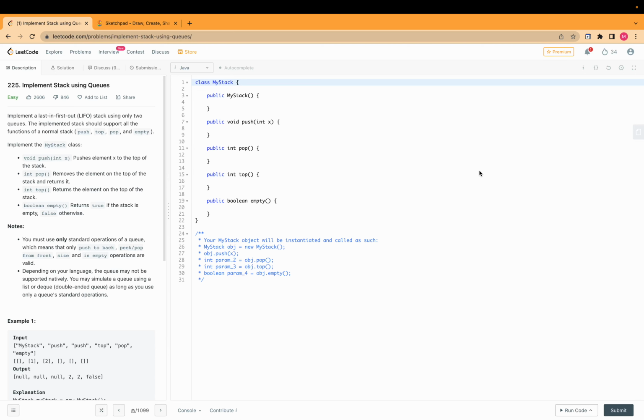Today we have question number 225, which is implement stack using queue. We have to implement the stack and that should support all the functions of a normal stack, that is push, top, pop and empty. We have to implement the myStack class where the function void push has the parameter x